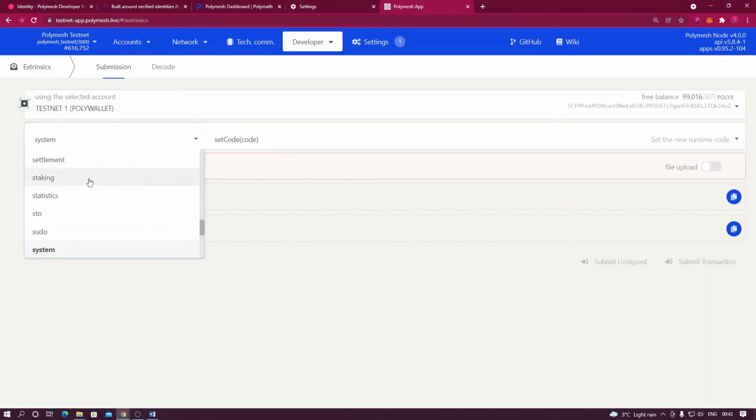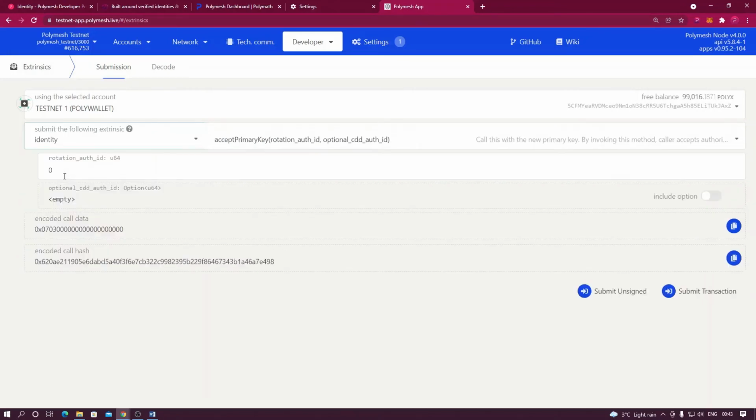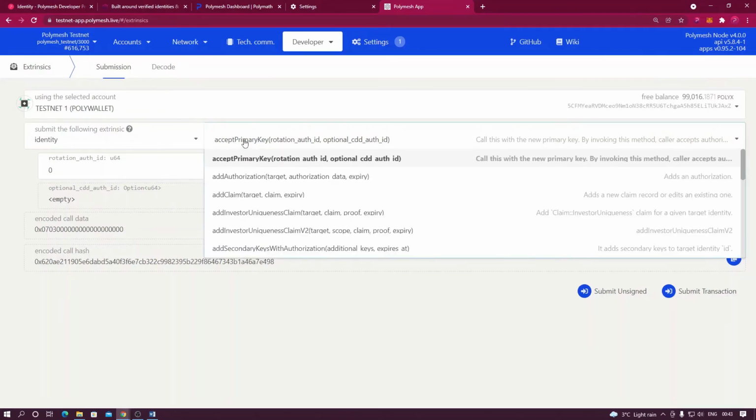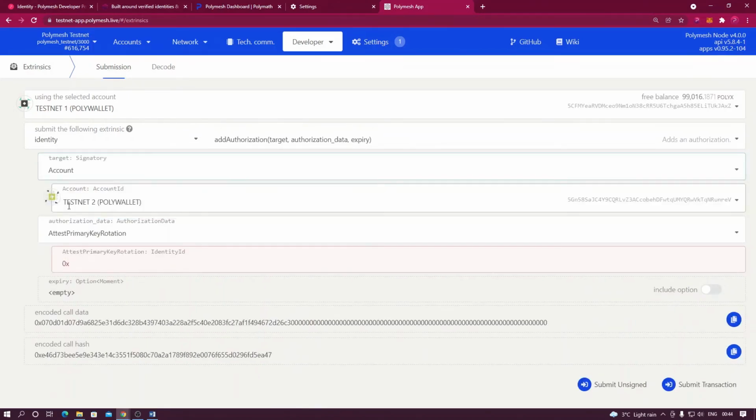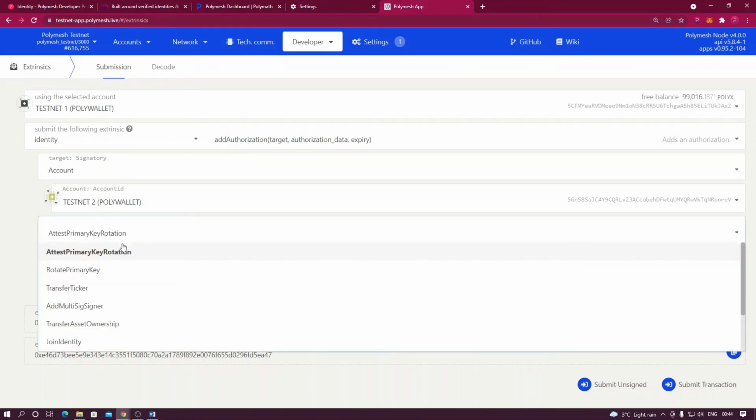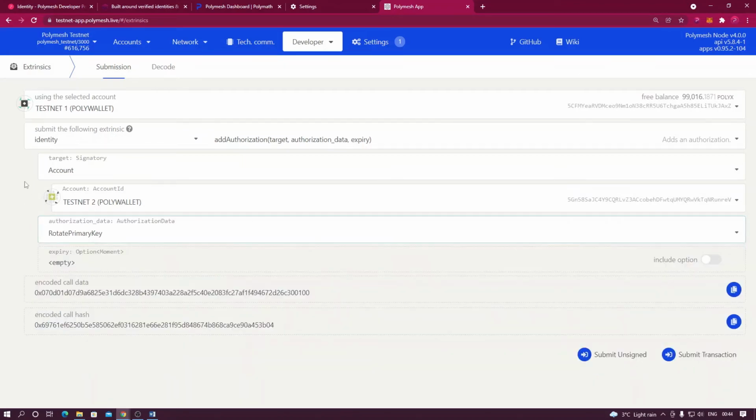We're going to select the Identity palette. The Identity palette, as we were talking about, DIDs, keys, rotation, etc. And the extrinsic we're going to call is add authorization. We're going to add authorization for account. Testnet2 is the account that we're going to give authorization. And the function that we're going to call is rotate primary key. Once that's all completed in the form,